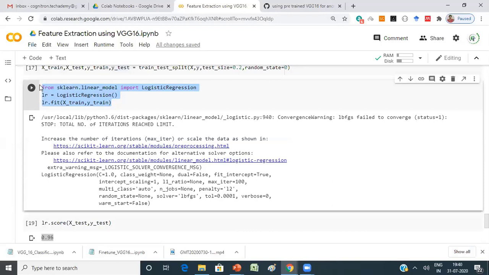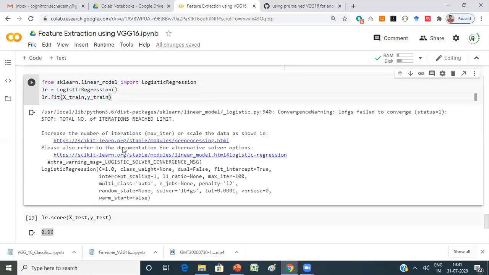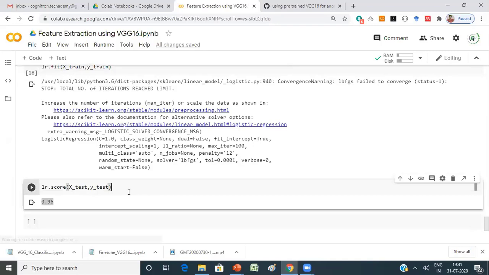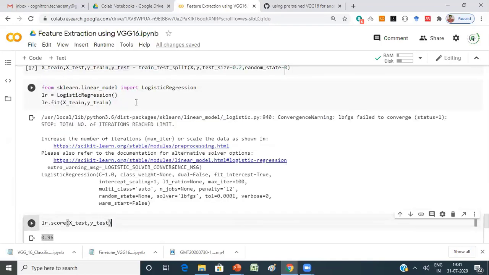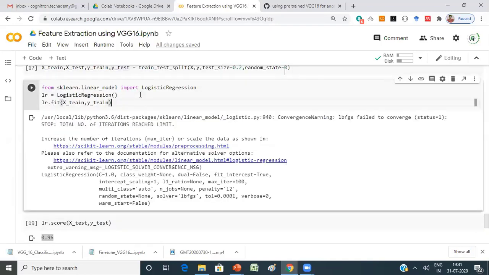If you want, instead of using logistic regression, you can create your own deep neural network also. In the first workshop notes, I have explained how to create your deep neural network, so you can try that also. Without passing any parameters, the simple default values itself gave me 96%. So you can try it out. It might improve. Yeah, with that note, I'm done with the session.